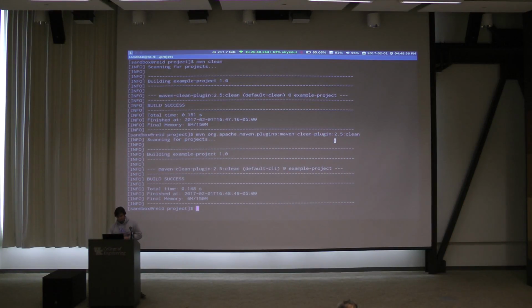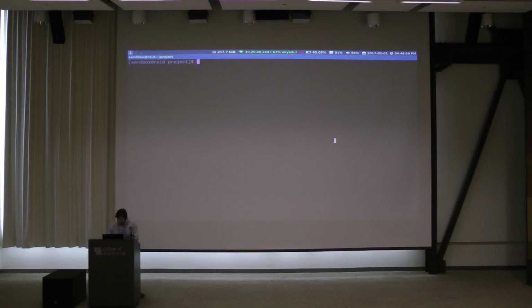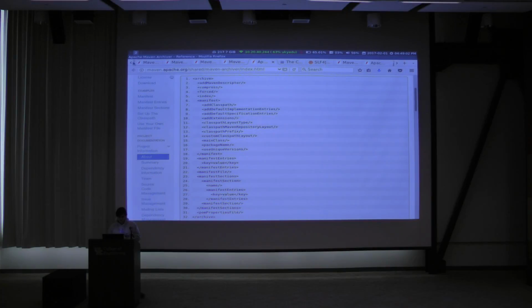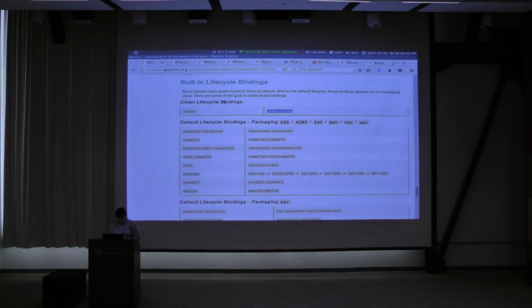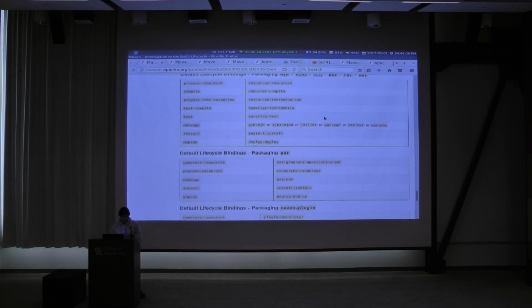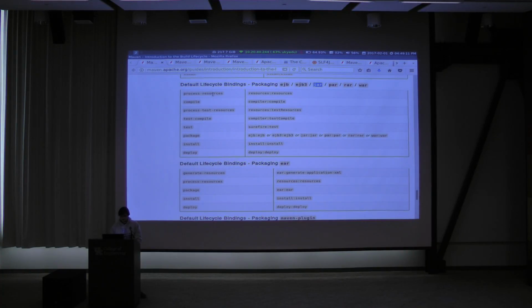Okay, so now I want to show you compilation and packaging, what actually happens there, because that's what you're going to be doing most of the time. So within the default lifecycle of a jar, which is our default packaging type, it's going to take these phases and bind these actions to them.